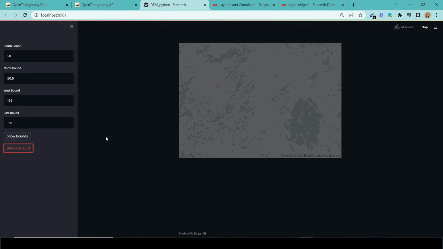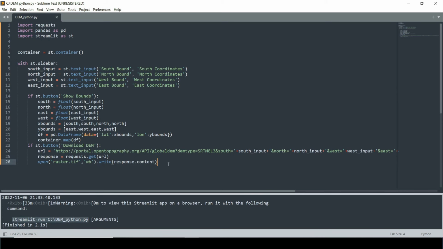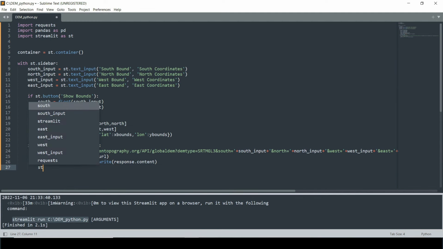And the app is going to run, and based on your internet connection and based on the area that you've chosen to download, it should take like a few seconds to a few minutes. So it really depends on that. And yeah, there's one thing that we've missed in here that I want to show you how to do really quickly. So what I can do here is, when I know that everything is finished, I can do like